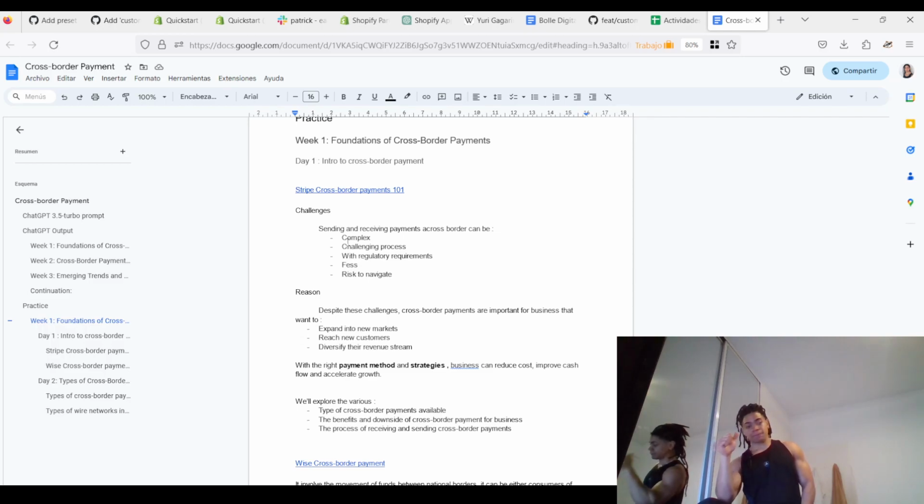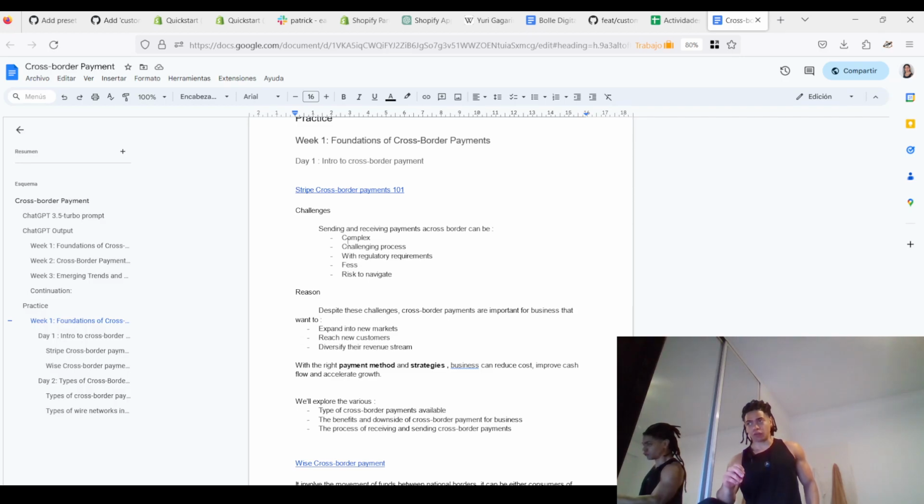First is the risk to navigate. It can be a challenging process, and it can be complex because there is a lot involved, a lot of moving parts, as well as regulatory requirements, right? For example, in countries like Argentina, doing cross-border payments can help you to start to send your service and receive payments, right? So knowing at least these fundamentals and the challenges involved, and despite all of that, businesses, including myself,